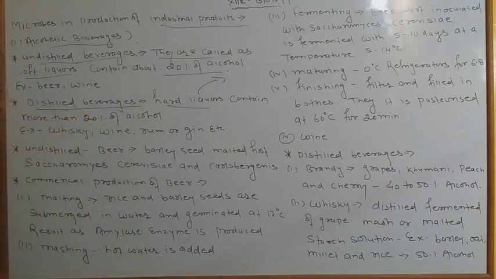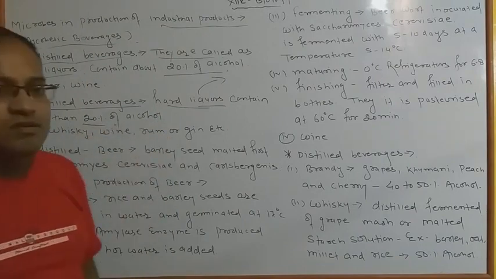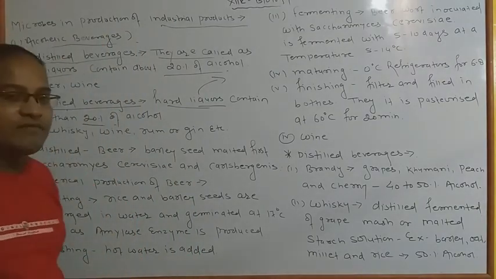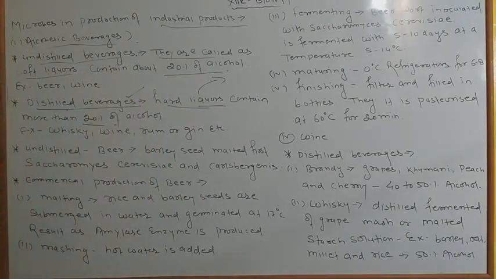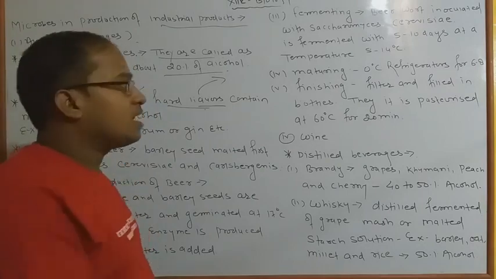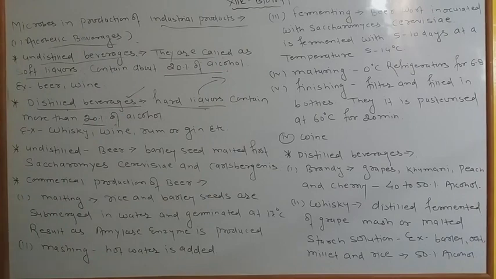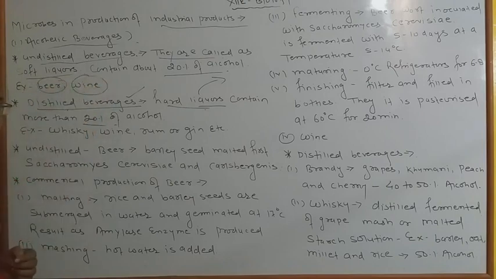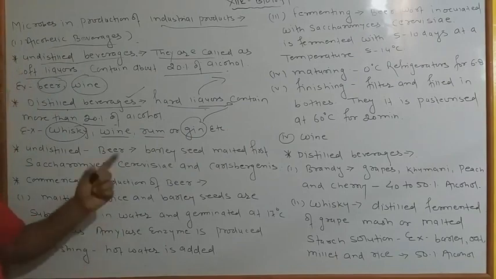Hard liquors, the distilled beverages, contain more than 20% alcohol. Distilled and undistilled are both effective, but in comparison distilled beverages are more effective than undistilled ones, because undistilled contain much less alcohol. Undistilled beverages may be beer and wine, and distilled beverages may be whiskey, rum, or another special type of liquor generally used in foreign countries.